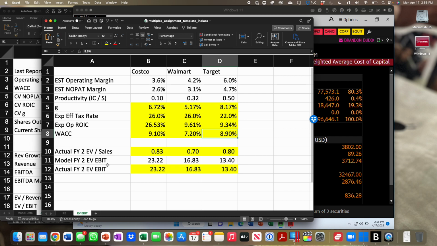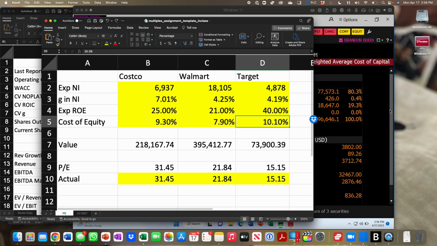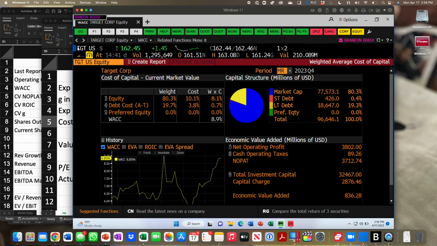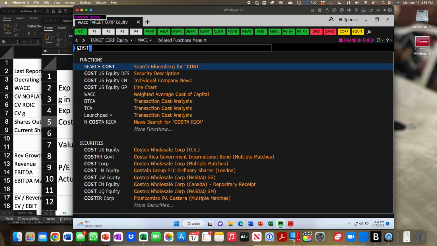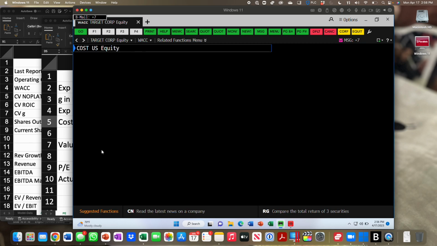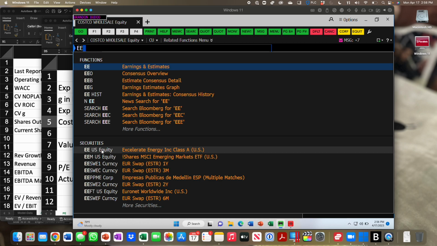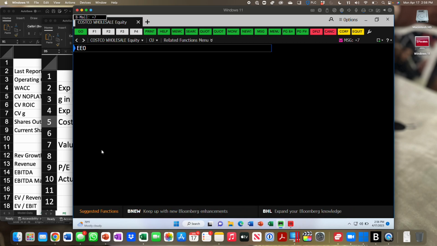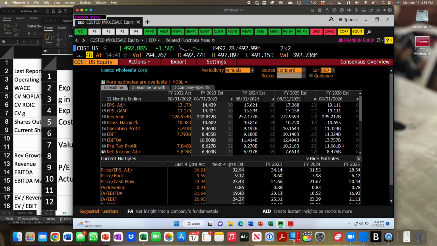Next, back to the PE tab, I go to my EEO screen. Start with Costco. Go to EEO. We've talked about this before. I care about forward multiples. I don't care about historical multiples because, again, forward multiples are more predictive of future cash flows. In this class, we talked about how the second forward year is more standardized because that's the first clean forecast year. So, in Bloomberg,